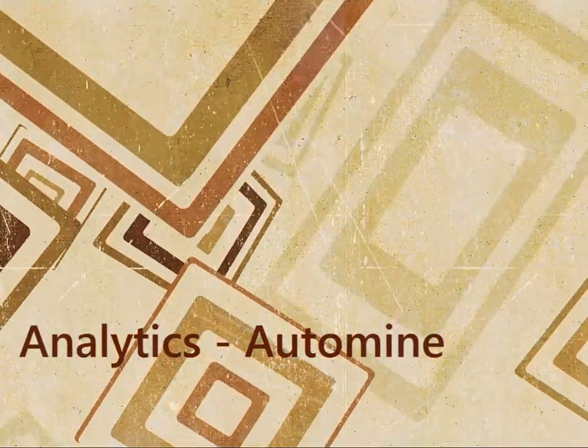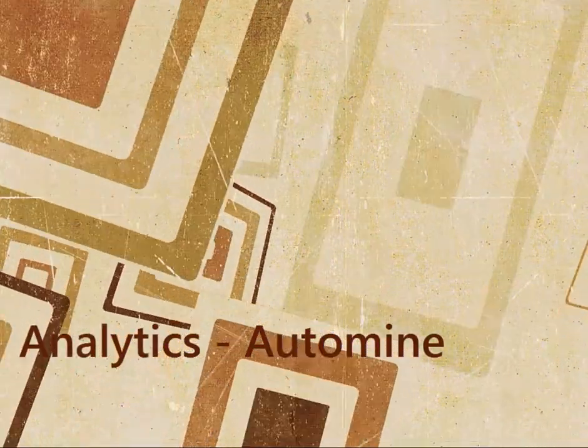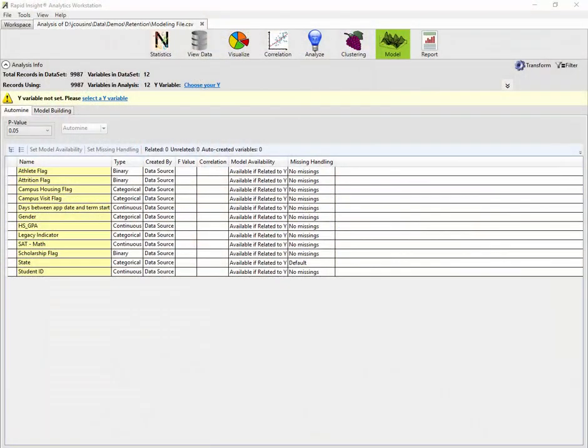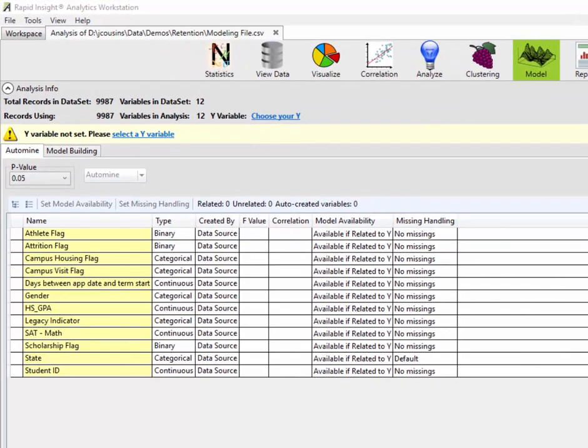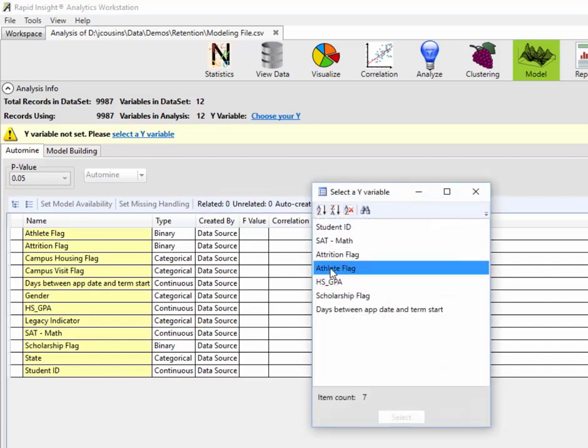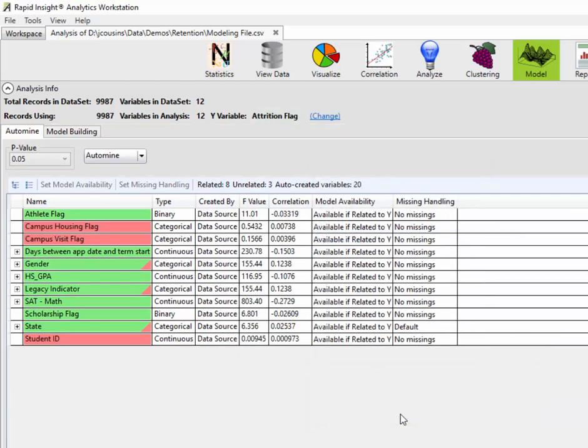The Automine subtab within the Modeling tab is a great way to see exactly how statistical relationships in your dataset are being determined. Once you've loaded in your data, if no y variable is selected, you will see that the Automine results are not calculated. By choosing a y variable from your dataset, the software will automatically run tests to see which variables are related